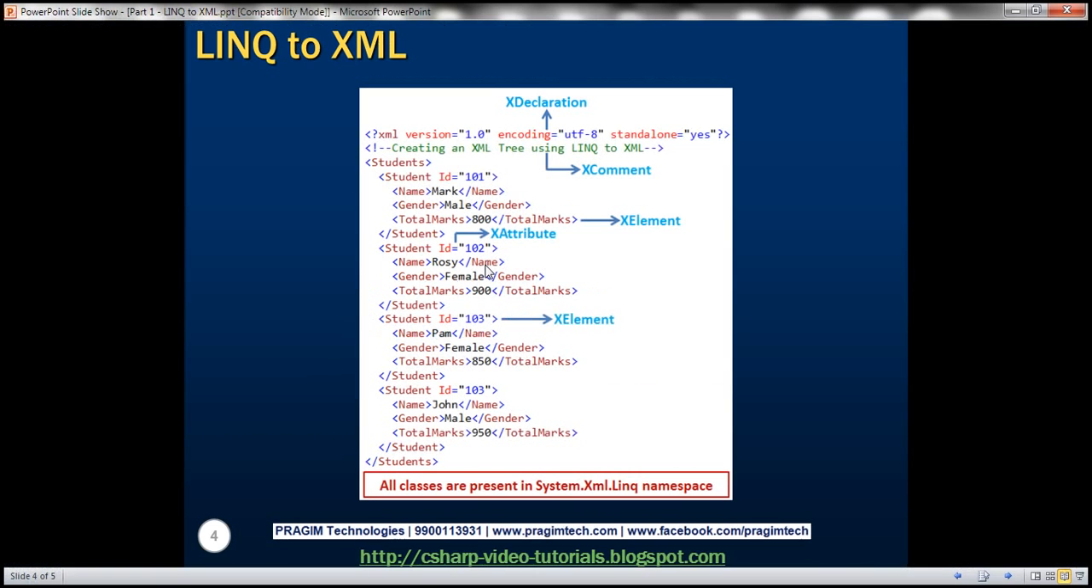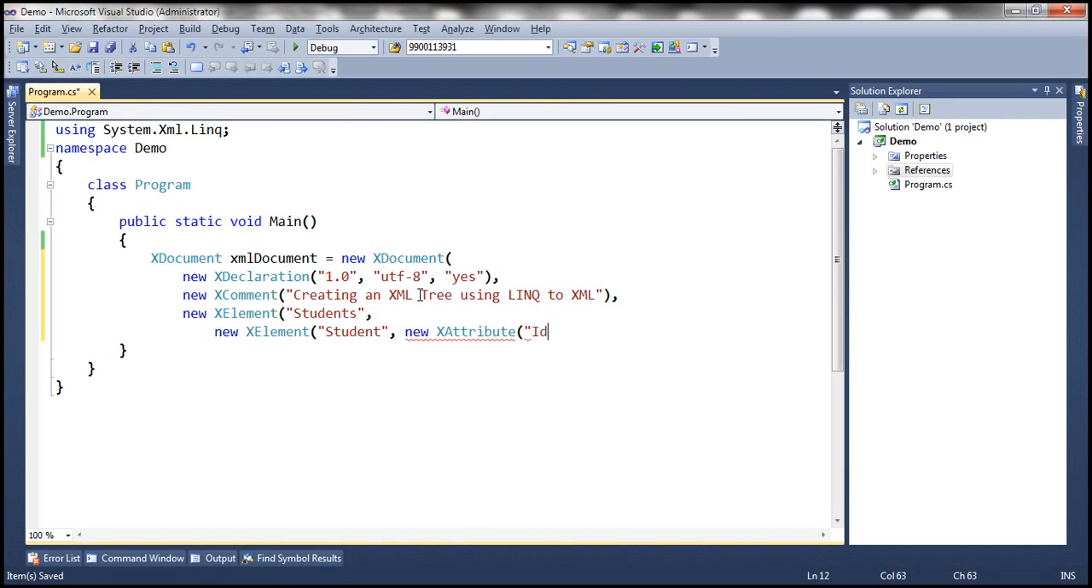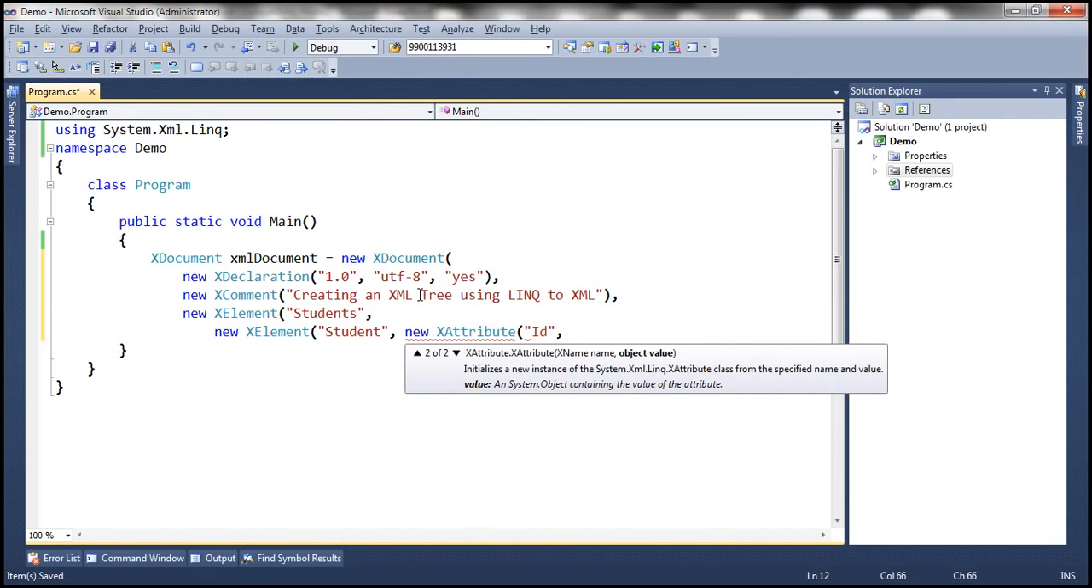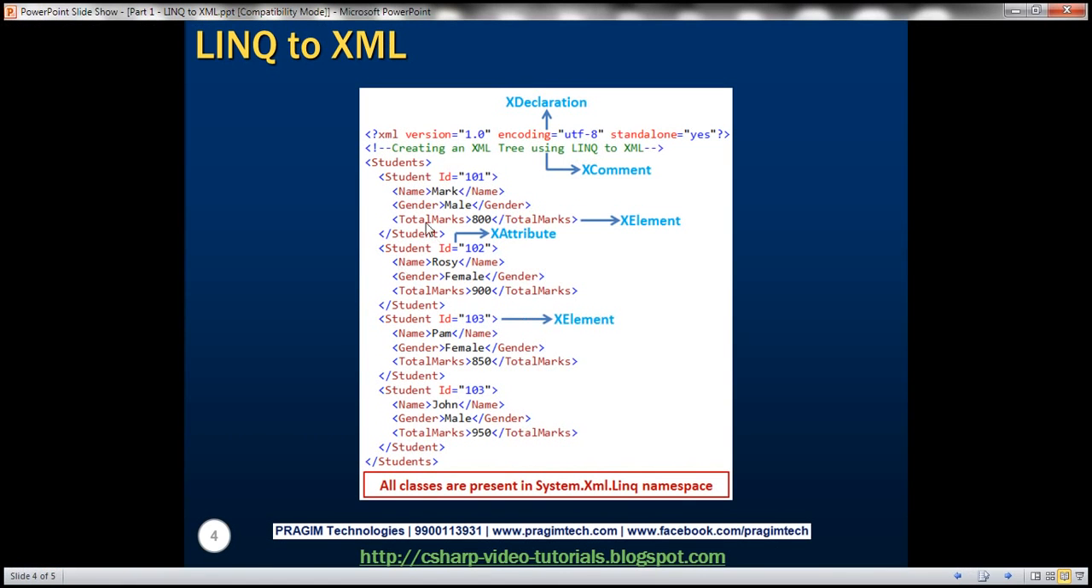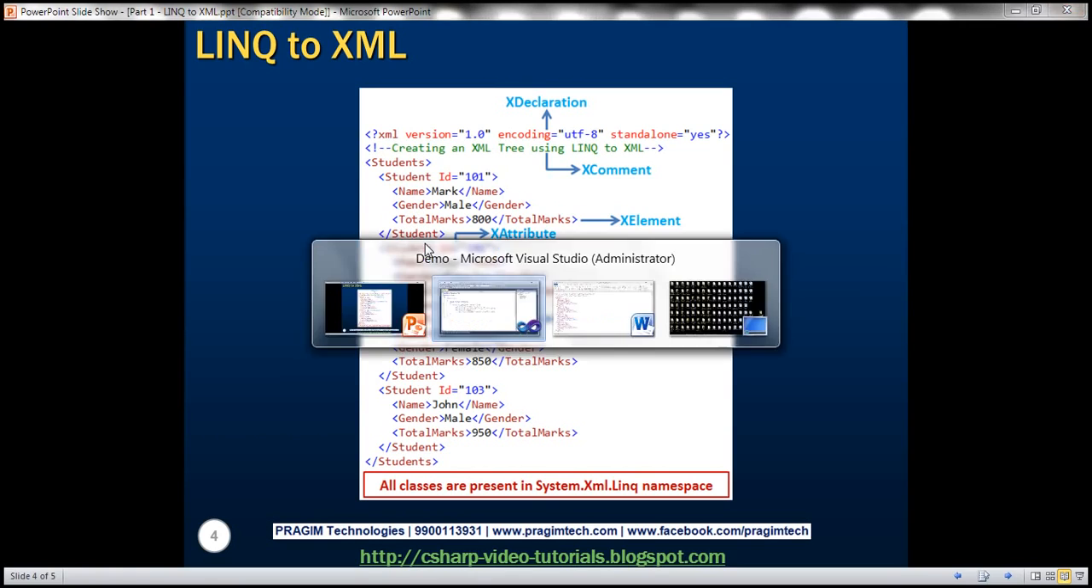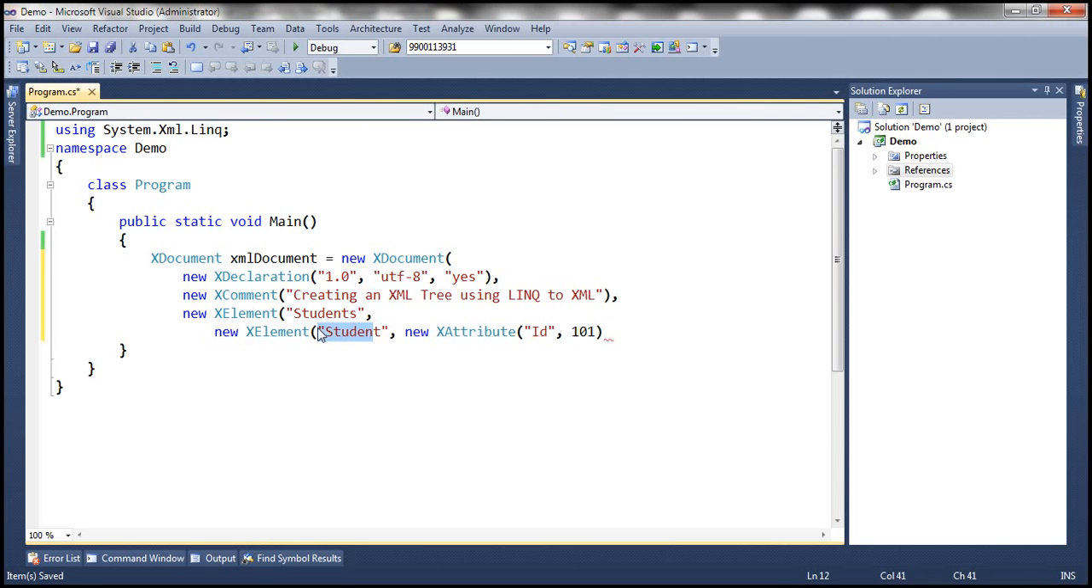We want ID as the name of the attribute, so ID, and what is the value? ID 101, so 101. So that should create the student element with the ID attribute and that value. Once we have the student element, within it we have 3 more elements: name, gender, and total marks. We are not going to close this constructor yet, so we put a comma there